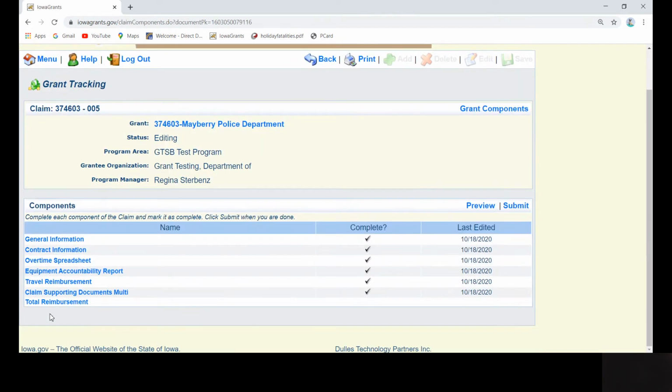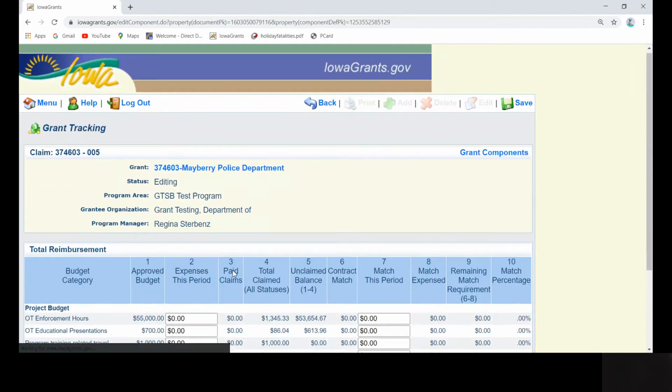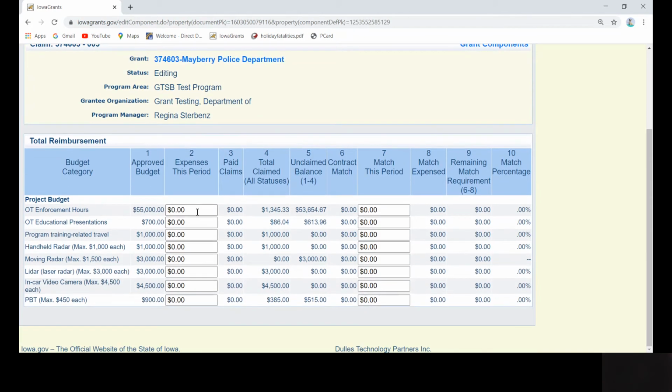And finally, last component, click on Total Reimbursement in the Components section. Think of this section as your budget for the year, which includes your current claim amount. This is where you will reference your category totals that you wrote down as you worked through your claim. Enter each total in its respective box in column 2, titled Expenses this period. It's important to note here,